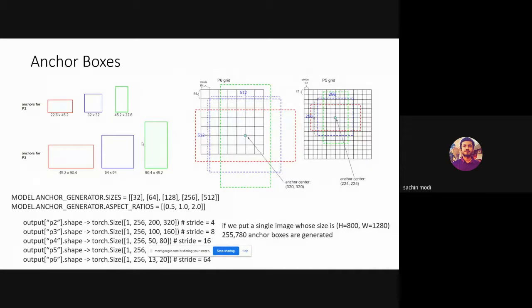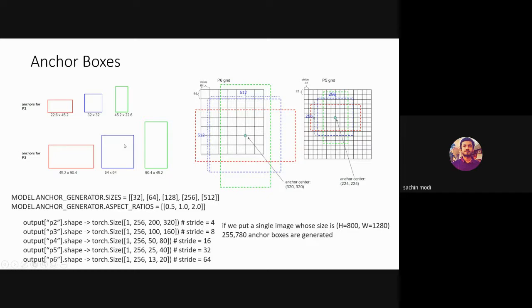If my input image is of this size, 800 by 1280, my P2 feature map has this size, 200 by 320, then the P3 is 100 by 160, and so on. And at every point in this feature map, we have 3 anchor boxes.